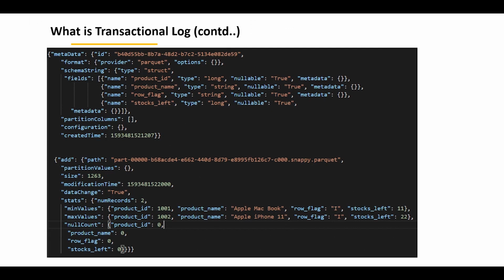So this is the next part of the transaction log. If you see here, we have 4 columns in the data frame, which we try to write into the Delta Lake file format. So this will be captured under metadata JSON. And here, this complete schema will be taken into this, and for each of these columns, the min and maximum values will be captured for each file.